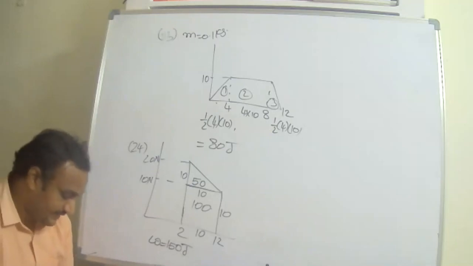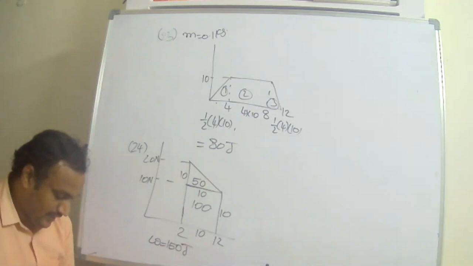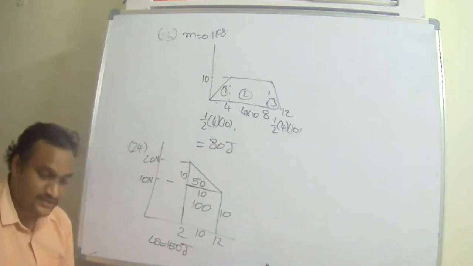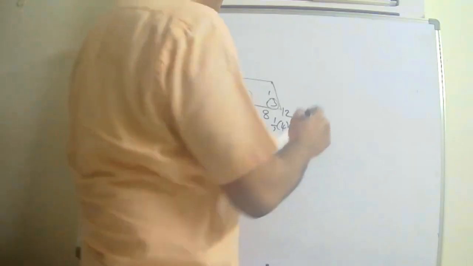Next, the relationship between force and position is shown in figure. The work done by force in displacement of a body from x is equal to 1 centimeter to x is equal to 5 centimeters. So always, in the first quadrant and third quadrant work done is positive, in the fourth quadrant work done is negative. The force has one direction and the displacement is opposite. So when we take 1 to 5,